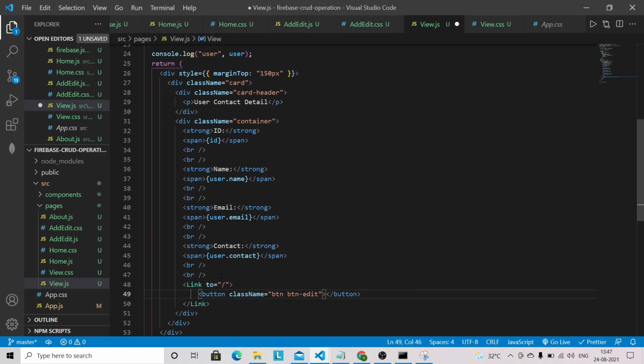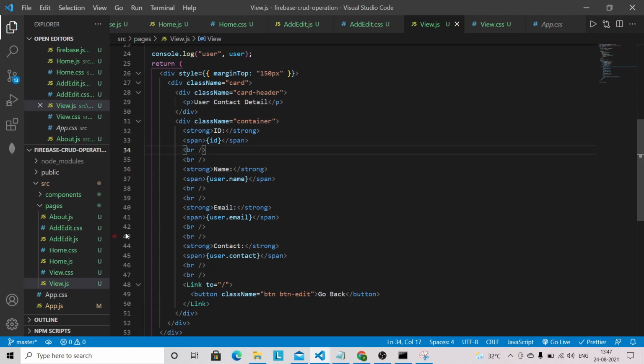So I'll be using the same color which I have on my edit button, so that's why I have given the class name here btn edit. So it will have the same color for the go back button as well, and we can give here like go back as the button value name,